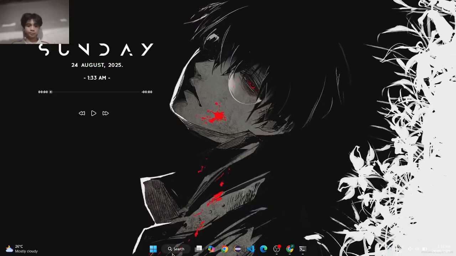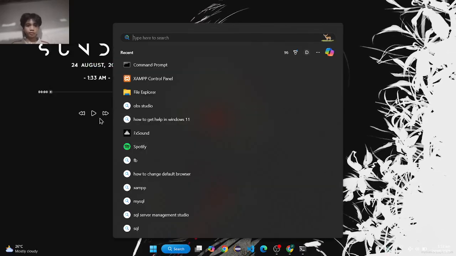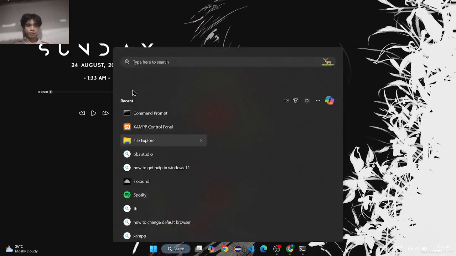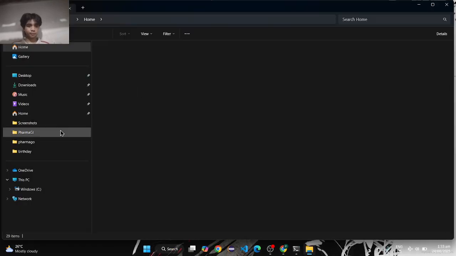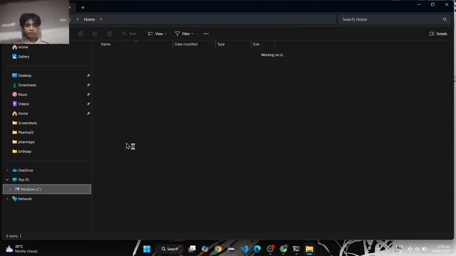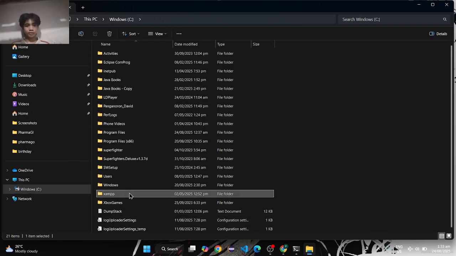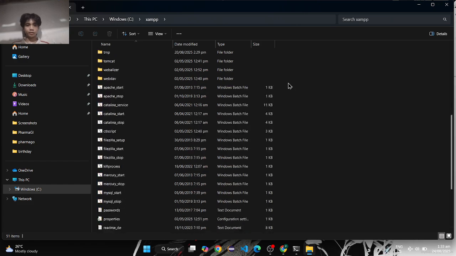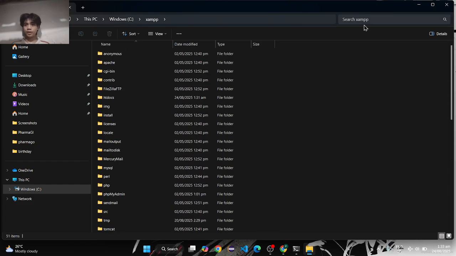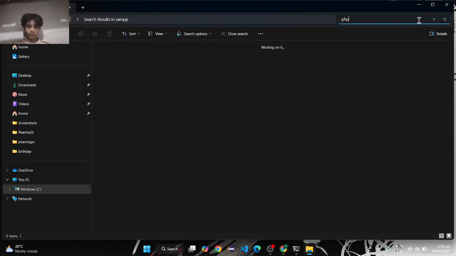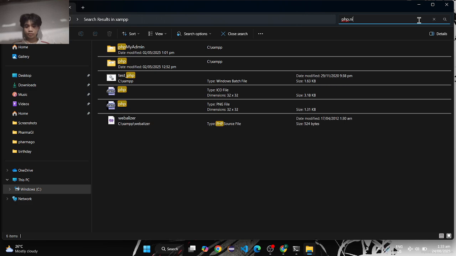So go here, find your file explorer and go directly to this one, and find php.ini. Just type it, guys.